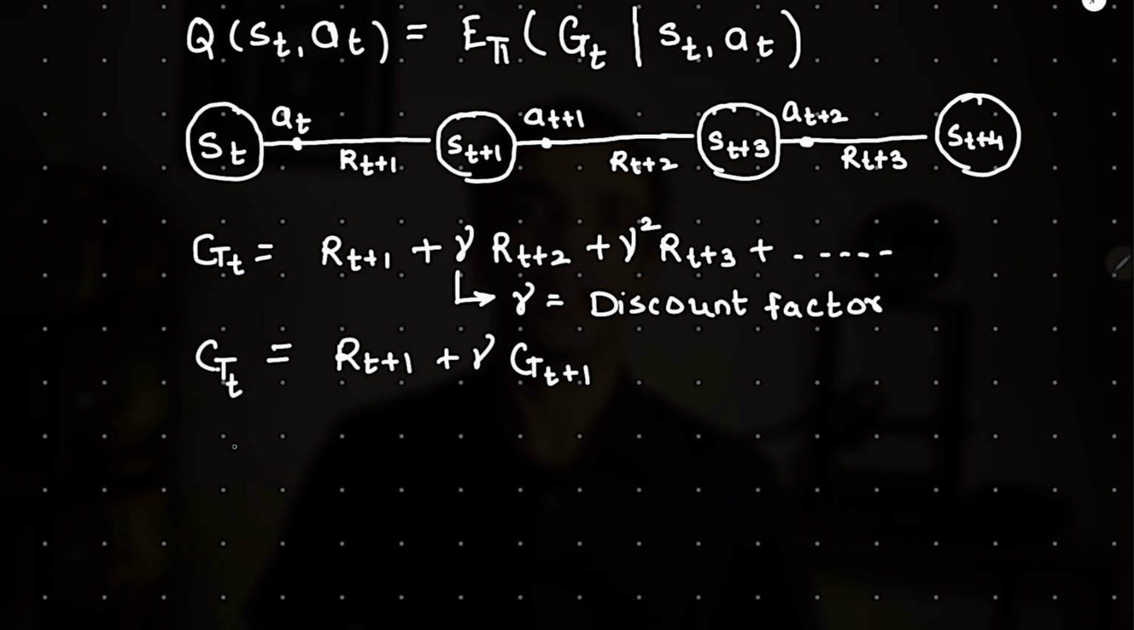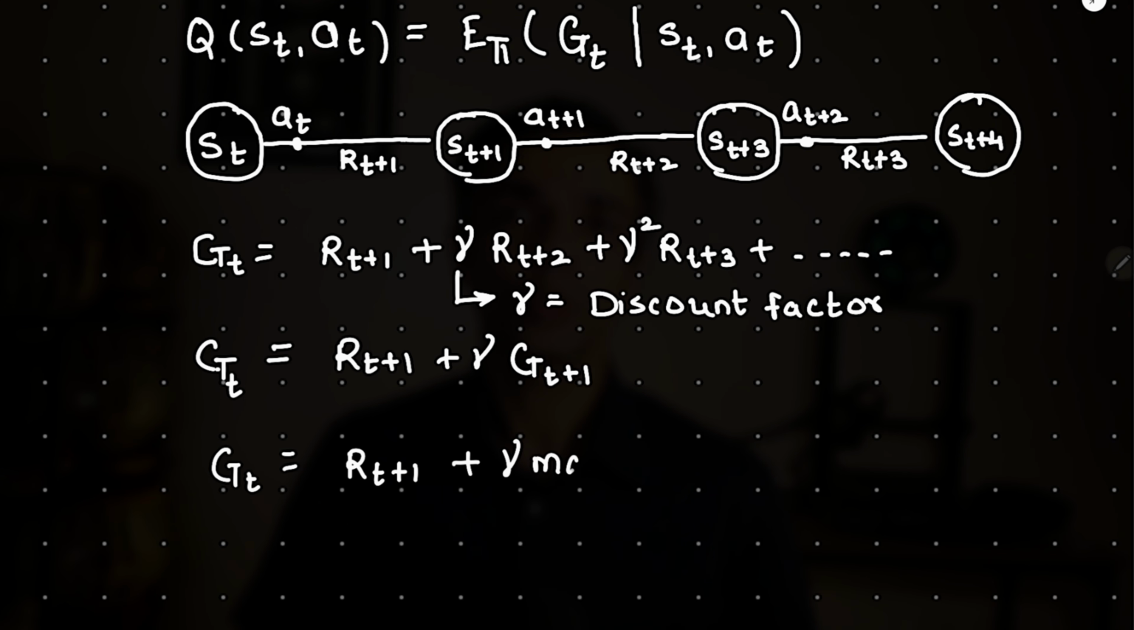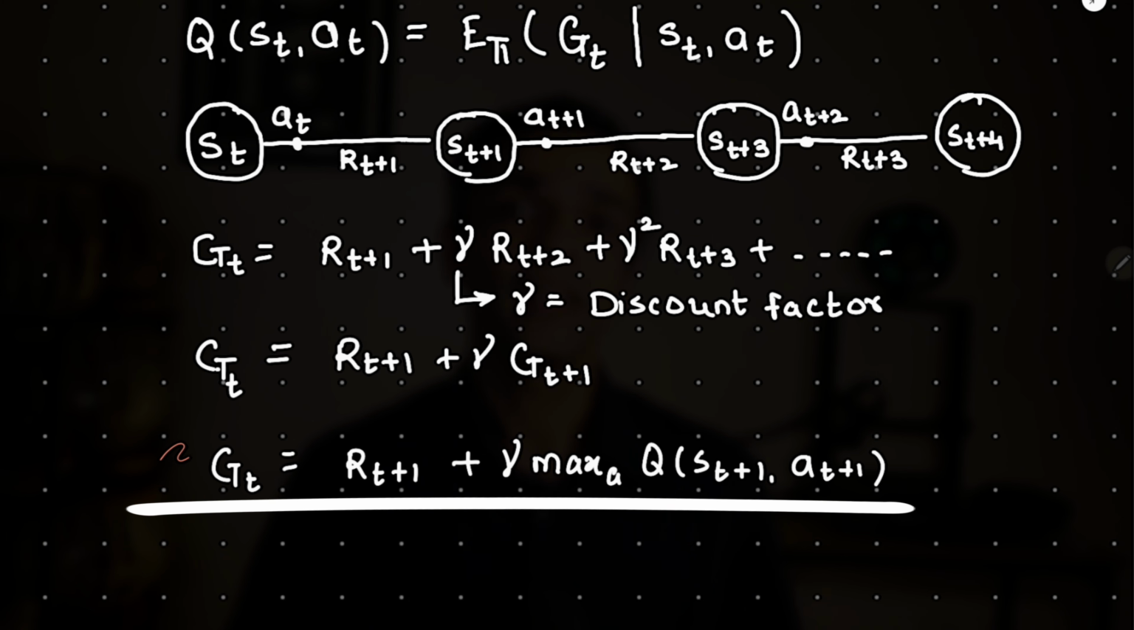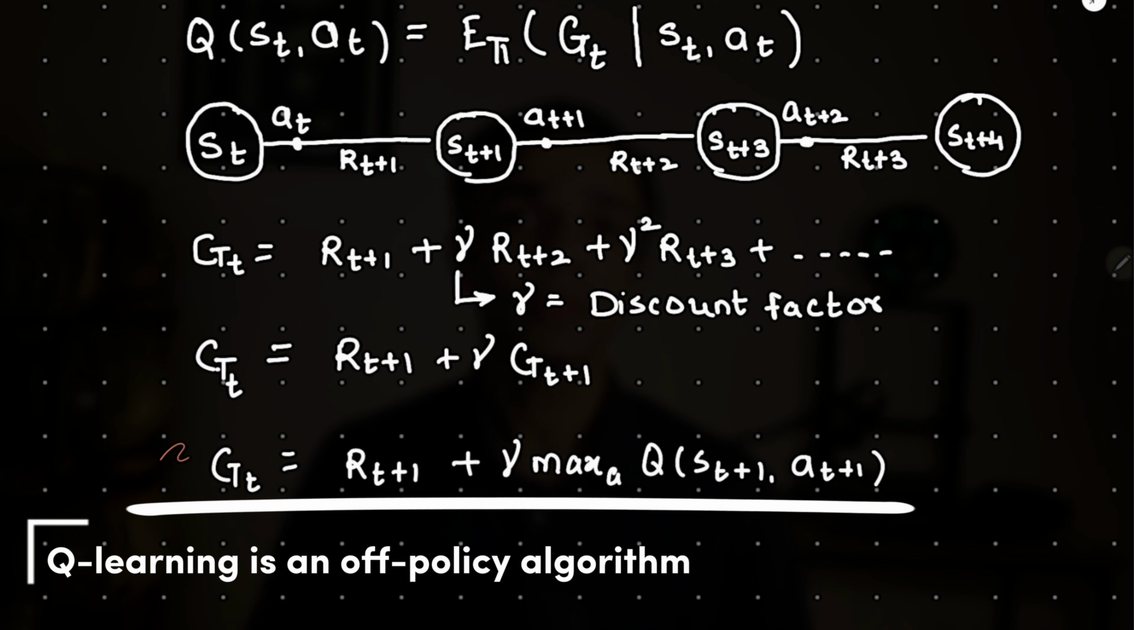Now let's take a look at how the return is calculated in the Q-learning algorithm. In Q-learning, regardless of the policy we are following, while calculating the returns, we assume that we will choose the action with the highest action value. So then the above equation becomes GT is equal to RT plus 1 plus gamma times max A Q(ST plus 1, AT plus 1). This term represents the choice of highest action value in the next state. This equation here, where we use a maximizing action to calculate the return without taking the policy into account, makes